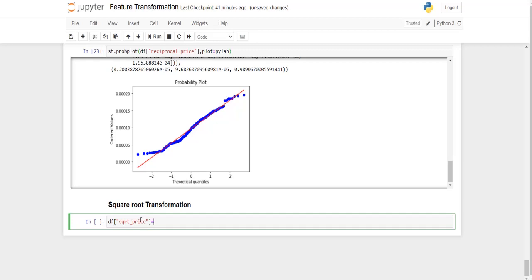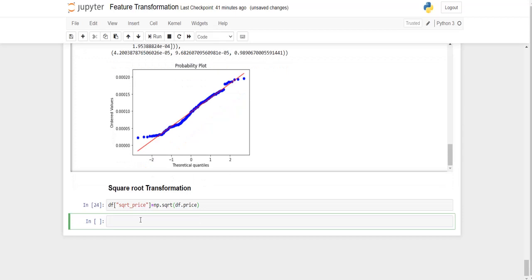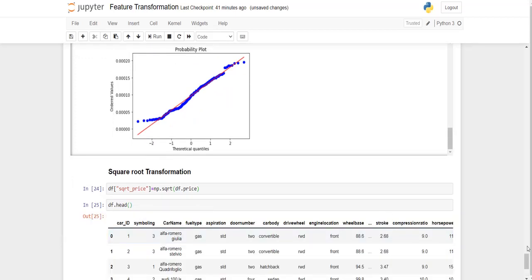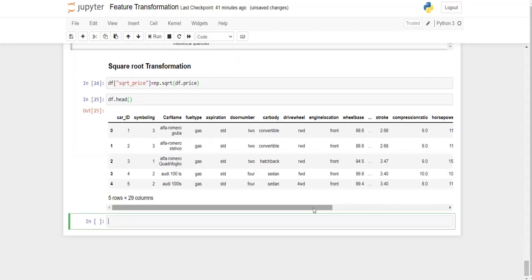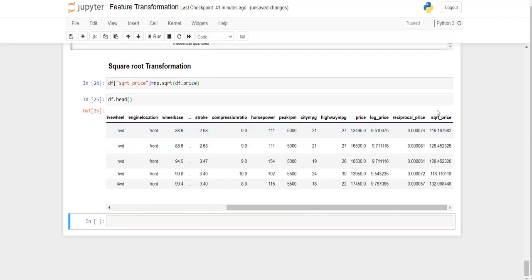So this will be equal to np.sqrt of df.price. So let me print the head of the data. So you can find the new column named square root price, which is nothing but the square root of each value of this column price. So now let me plot the QQ plot.